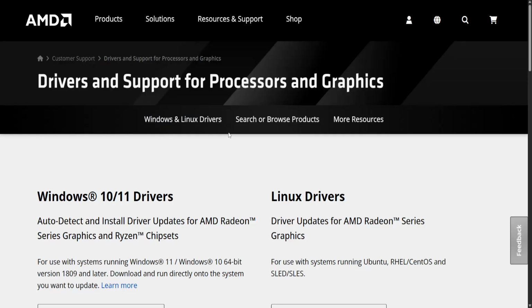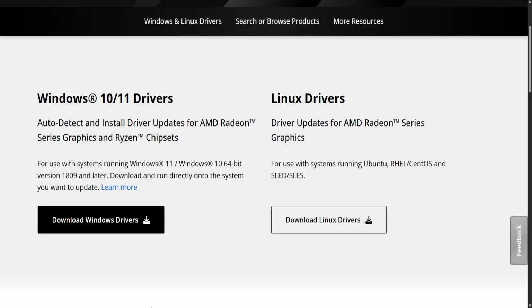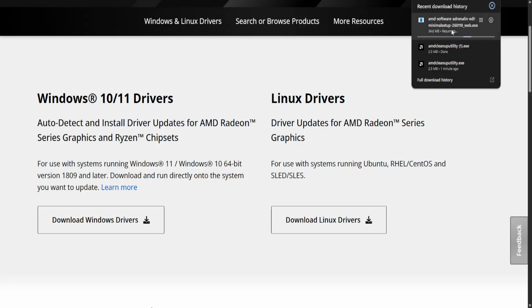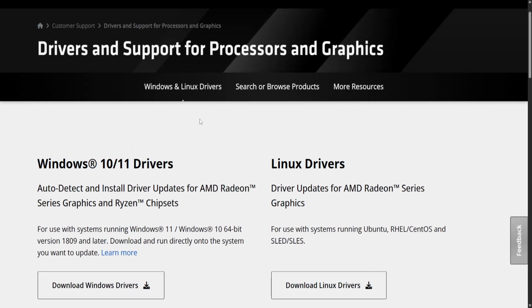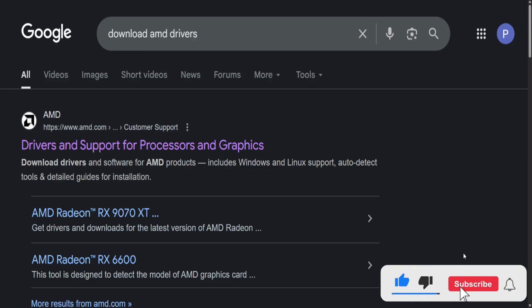And you just want to click on the first link, and here you will see this download Windows drivers. Once you click on download, then here it's going to download the AMD software Adrenalin version, and you will just click on it to install it. And once this has finished installing, it should install the graphics drivers along with it, and that should fix error